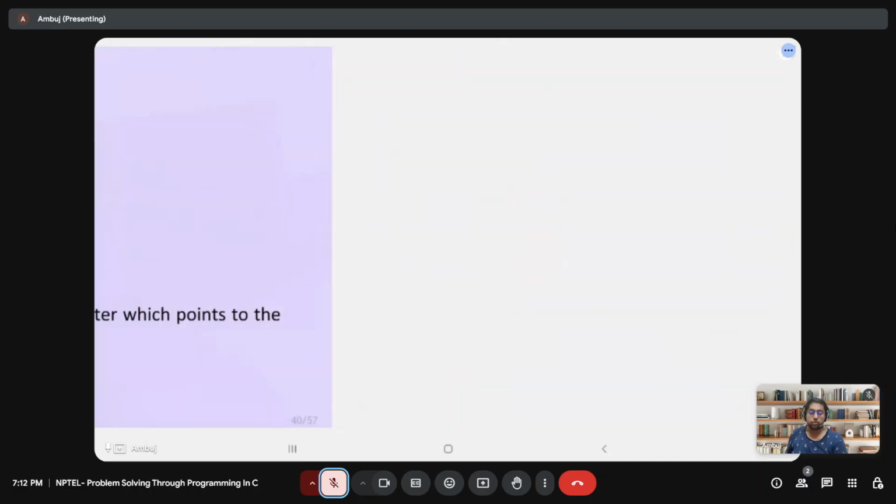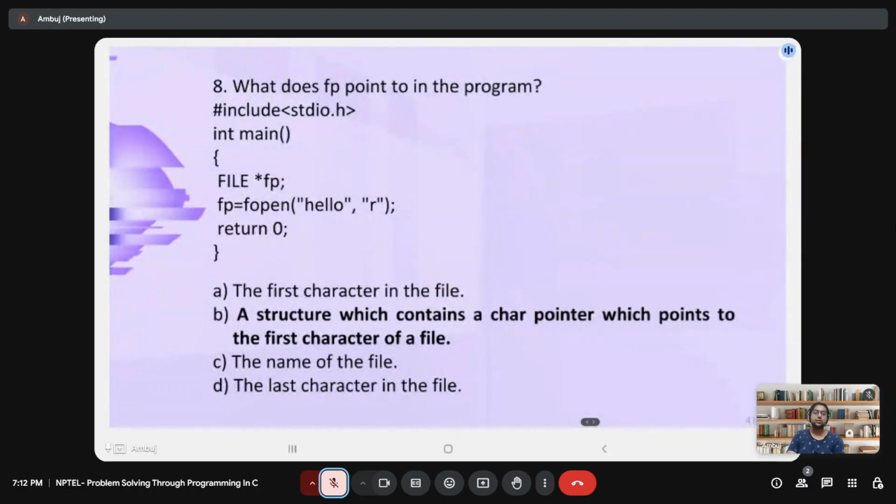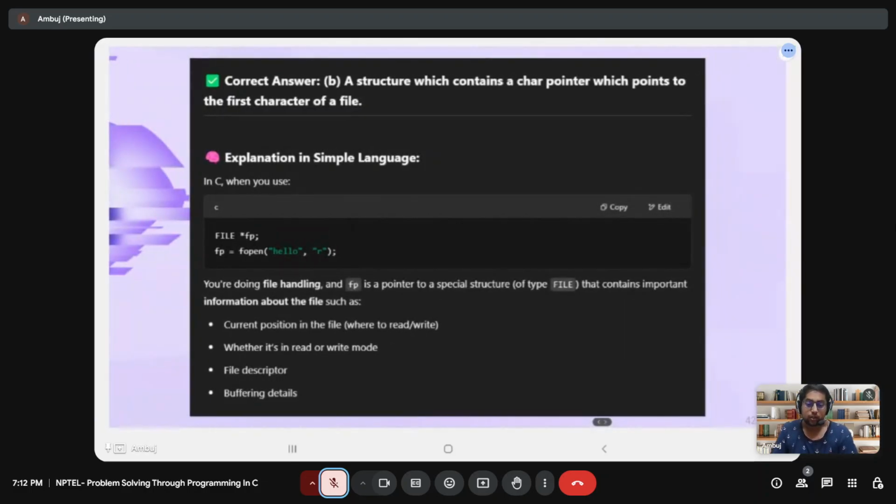Actually, it would be a structure which contains a character pointer which points to the first character of a file. That would be the correct option. A structure which contains a character pointer which points to the first character of a file. In simple language, when you use FILE *fp; fp = fopen("hello", "r");